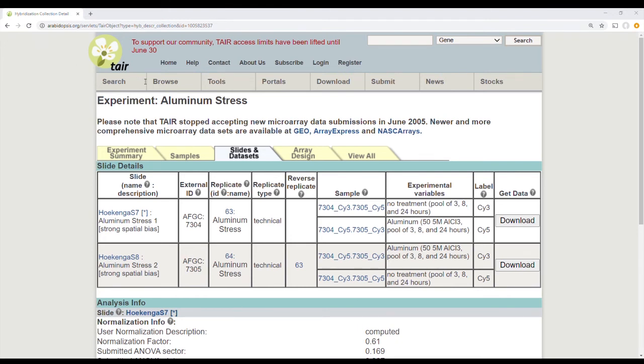So AT2G42880 was analyzed in this study. And what I'm looking for whenever I'm looking through this is, did the expression of this go up or did it go down? And so what I'm going to do is I'm just going to copy that, and I'm going to look at that gene in, so sorry, the point is, whenever you have this, now you have a data set that you can look at